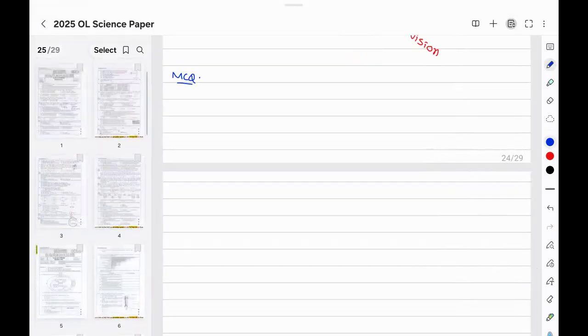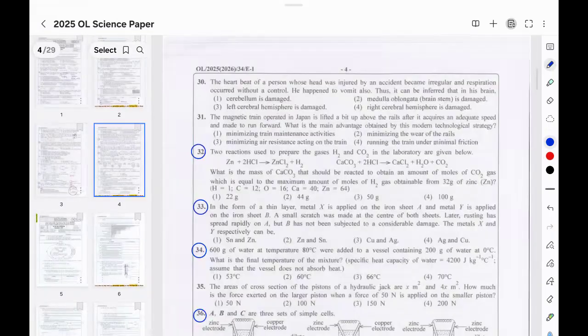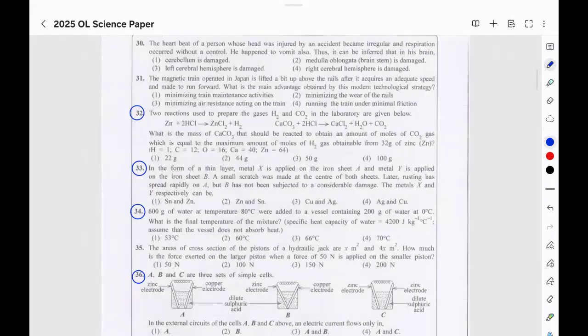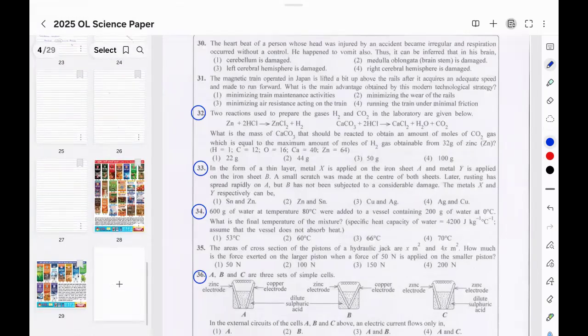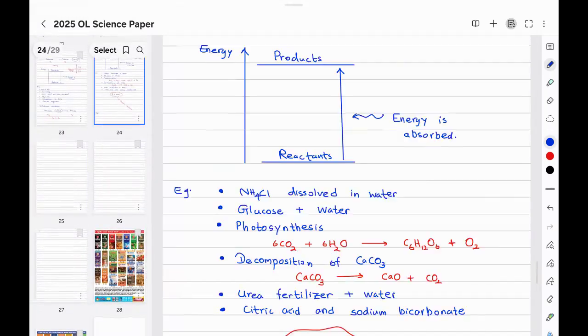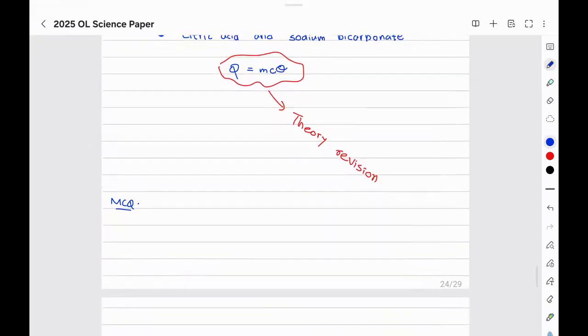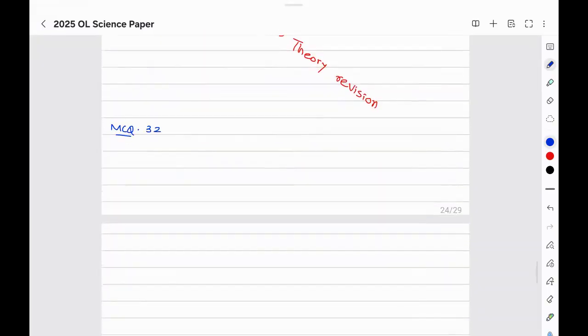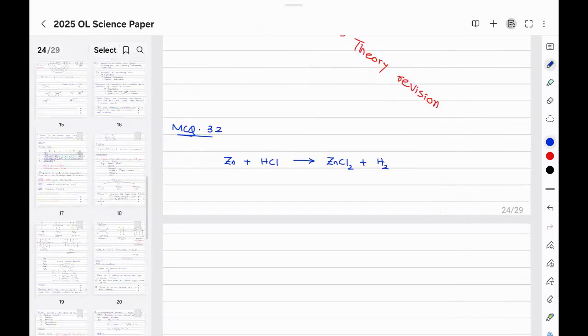This is MCQ number 32. Zinc is reacting with HCl to produce zinc chloride and hydrogen gas. Children, they have given